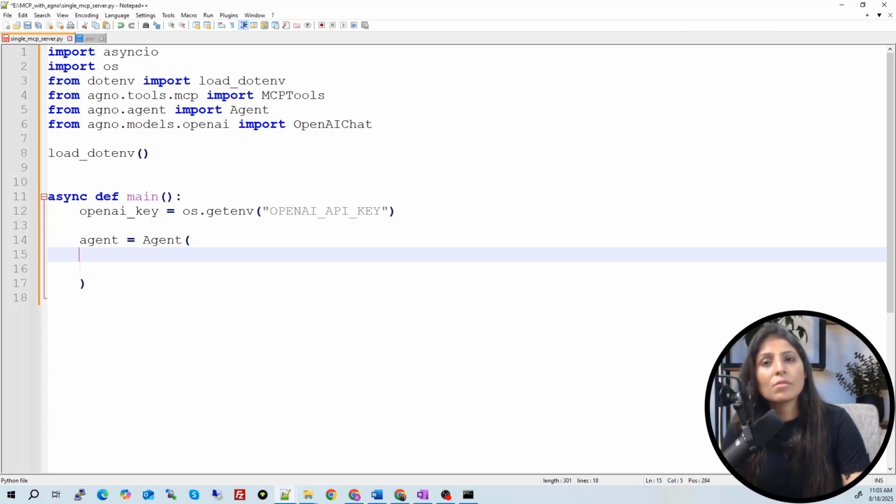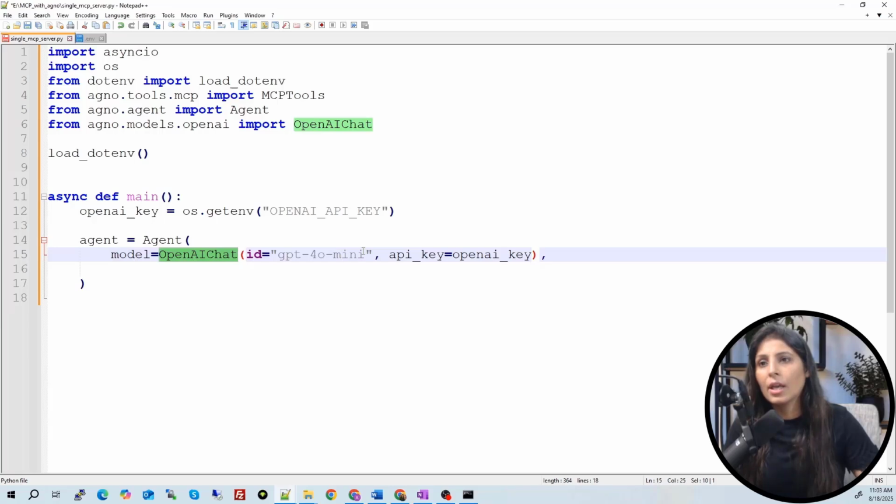First let's write the code for the LLM, meaning which LLM we are going to use, and then we will write the code for the connection between this code and the MCP server. So this is the model. In the model variable, I'm calling this OpenAI chat, and I've defined here which LLM I want to use, and we are providing the OpenAI API key. So that's it, guys. By writing this line, you have provided this LLM to the agent, and now the agent will use this LLM to understand the user's query.